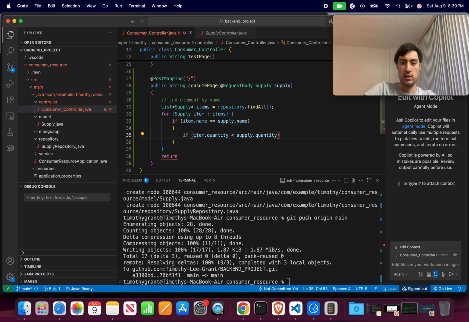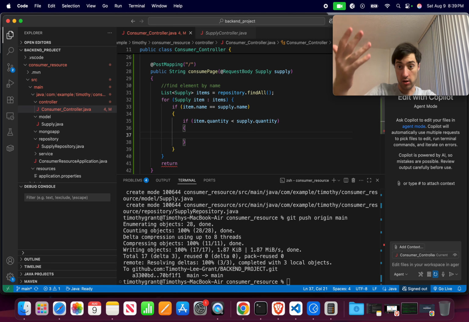Okay, this is the case that there's an error. Okay, because the user is requesting more items than we have actual quantity, right? Like they're requesting 10 pens, but the collection only has 3 pens. Well, we can't do that. So what do we want to do in that case? We want to